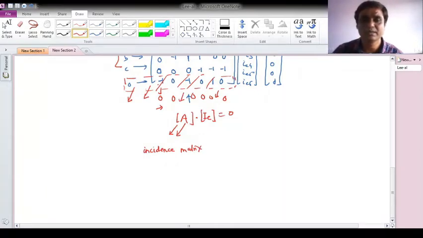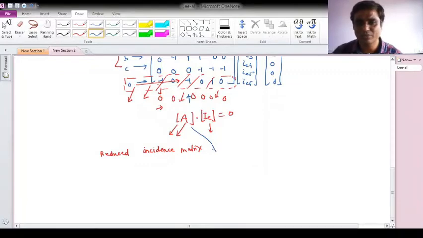And now here I am eliminating the last row which is dependent, so the name can be given as reduced incidence matrix, okay. This is my IE vector which is equal to 0, okay. So let me find out the size of A for the reduced matrix. What will be the size? It is now 3 by 6, so make it generalized. The size will be number of nodes minus 1 into number of columns, or number of edges, okay.